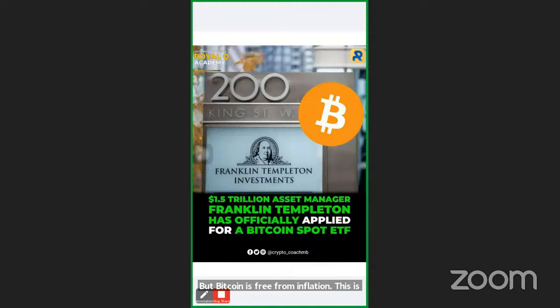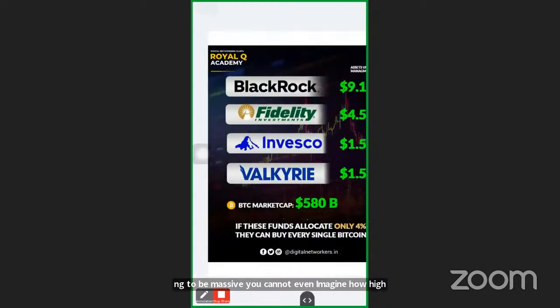This is the best time to invest into Bitcoin, when we are approaching the next halving. So they are waiting for their ETF. All these firms are waiting for their ETF to get approved, and it is expected to be approved before the next halving. And this time, this halving is going to be massive. You cannot even imagine how high it can go. So this is the best time to buy, because